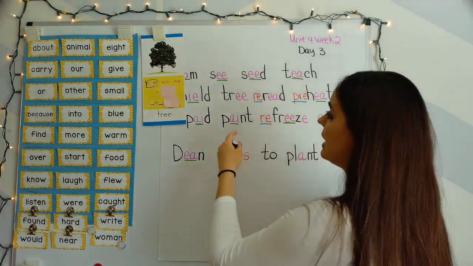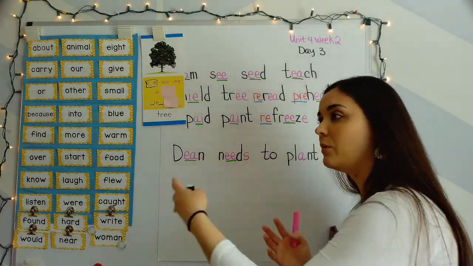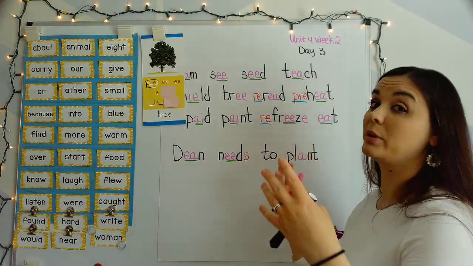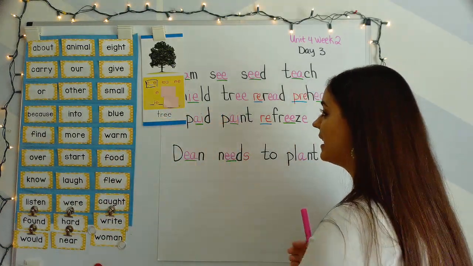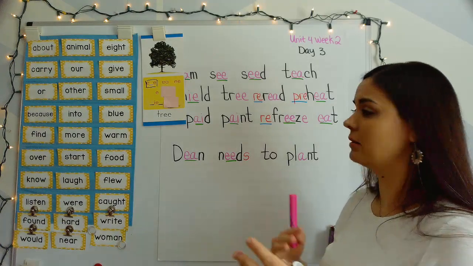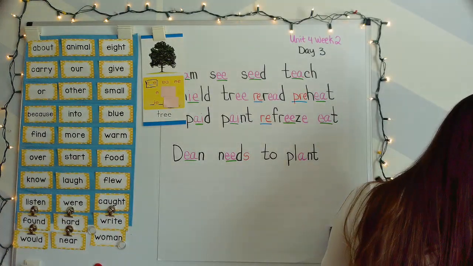So that's kind of how you can figure out if A by itself is going to say short A or long A. Same with E by itself. You try it out and you see if E in whatever the word is sounds like a real word, whether you say short or long. See which sounds better. Try it on. Dean needs to plant